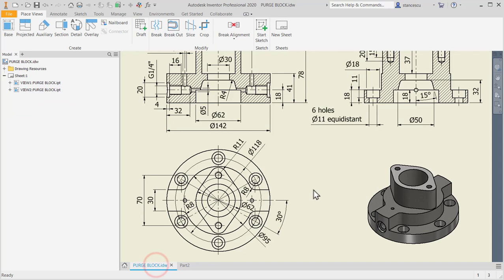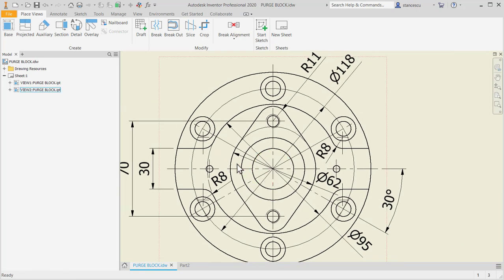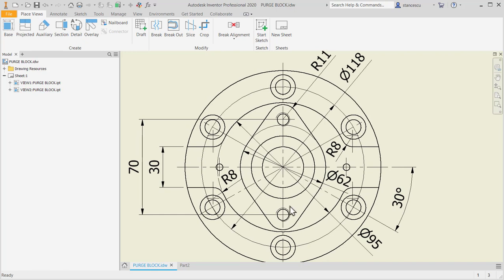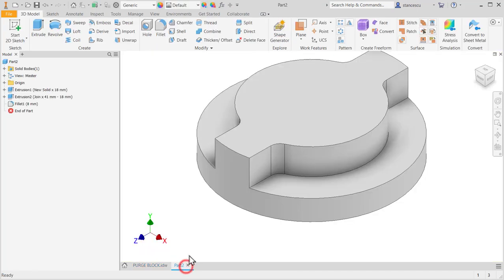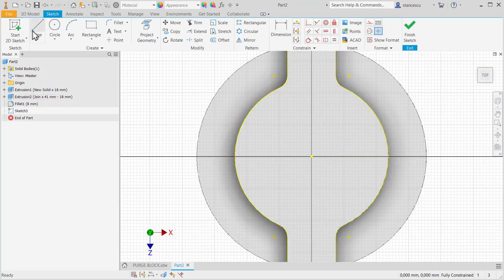Good. Another contour is this one. We are experts in creating such contours. Remember, 3 dimensions are necessary. One is 62, another one is 11, and another is 70. So let's create this contour,